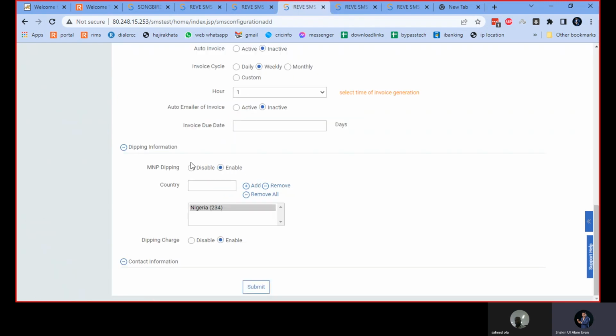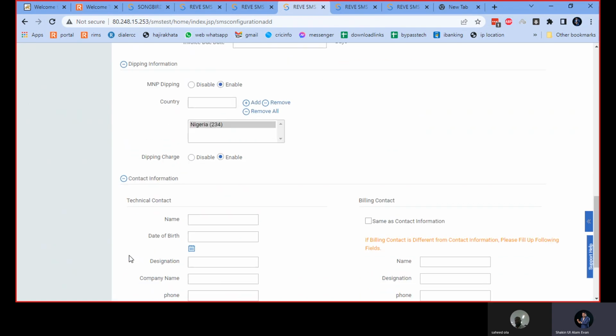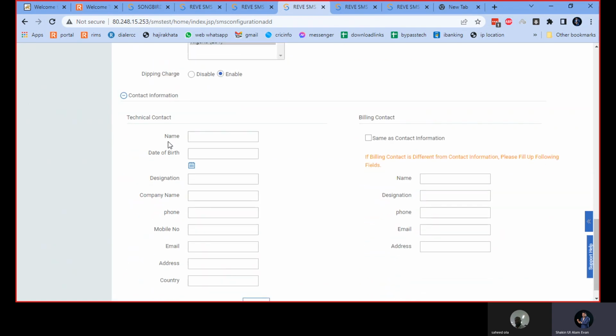So the dipping information is clear now. And finally, the contact information. Here the contact information means your client's name, company name, etc. This is for business and billing purposes. If you put your client's name here, and his company name and other information, specifically his contact email address,